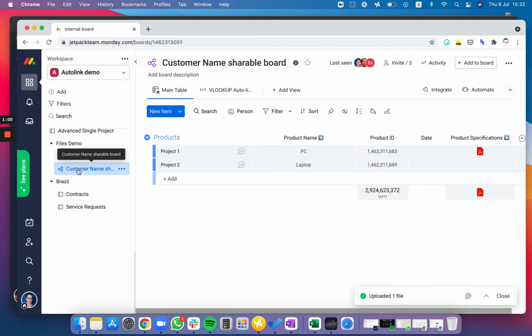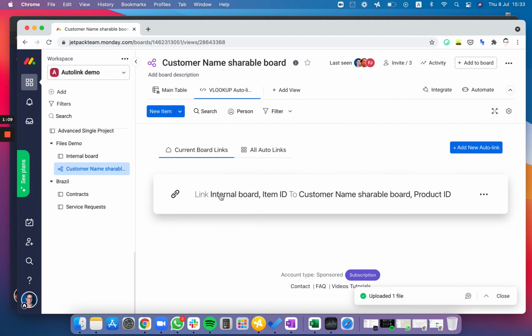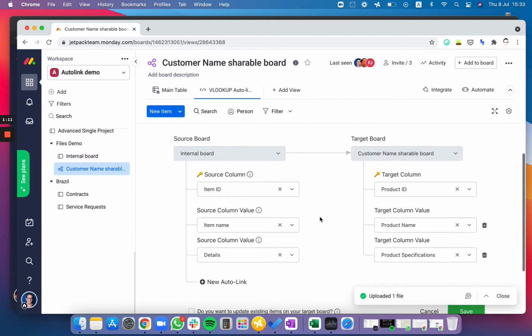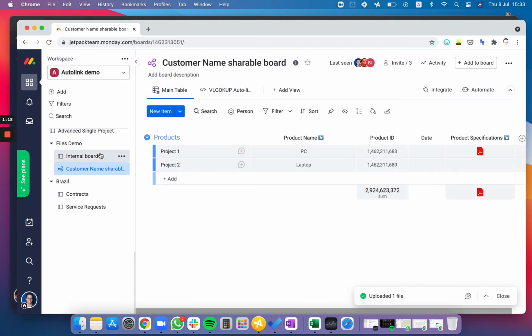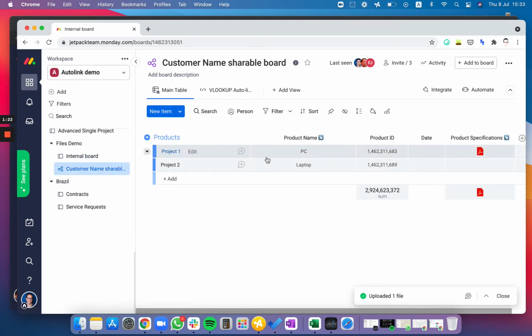In the shareable board, I set up VLOOKUP to connect between the internal board columns to the shareable board columns. You see item ID, item name, and the file column. So now I go to item ID, which is my key